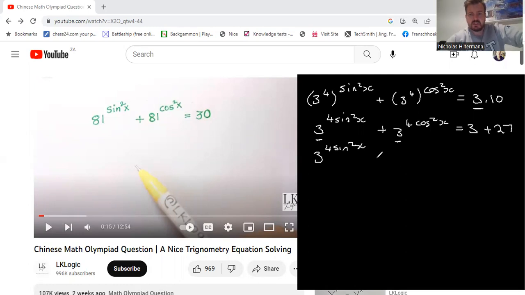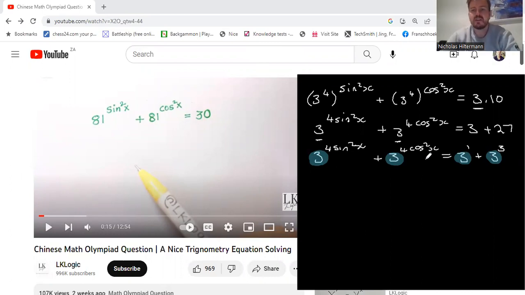With others of you, especially those grade 10, 11 and 12 and matric students, this now is quite instructive as to how to solve these trig equations. So I'm going to call this 3 to the 1, and then plus this, and then 3 to the 3. All right, so now I'm going to highlight what should be obvious to most of you: if I look at both sides, they're pretty much the same thing. I've got a 3 to the something plus a 3 to the something is 3 to the something plus